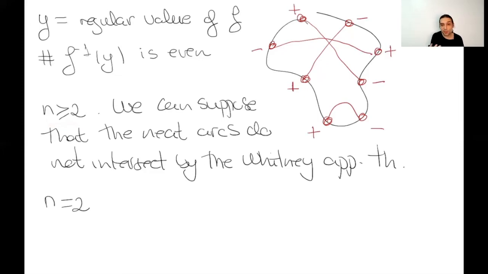But we cannot use this with 2. If we deform a little bit this arc, they're still going to intersect, because this point is a transversal intersection and these are stable by small perturbations. So we have to do something else in order to make these neat arcs indeed